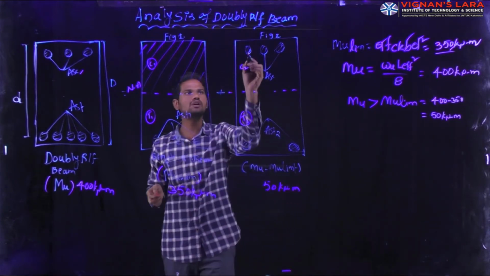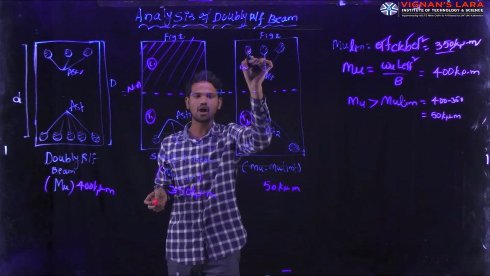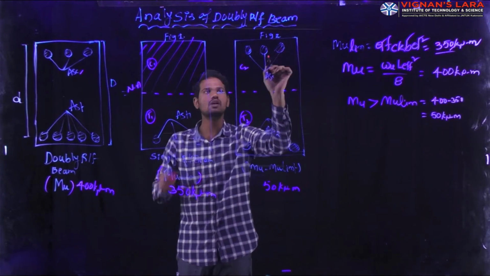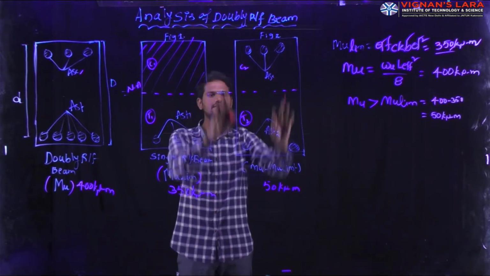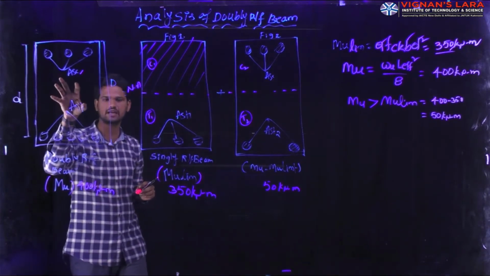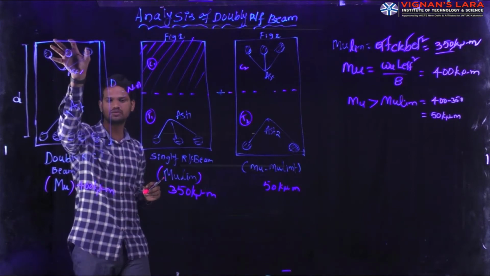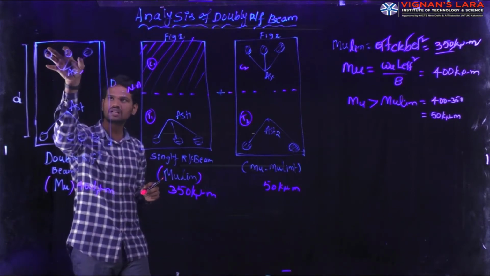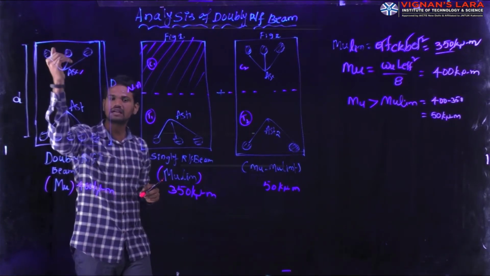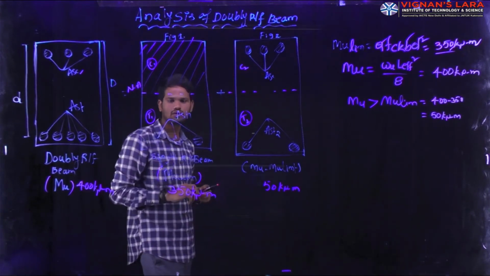To know how much amount of stress is coming on the steel bars in the compression zone, for that condition only we have considered this separate diagram, separate representation. That means in this diagram, the area of the steel reinforcement we are providing is in the compression zone. In this compression zone, for the steel bars you are providing, some stresses are developing. To calculate those stresses, we are taking this one more diagram.